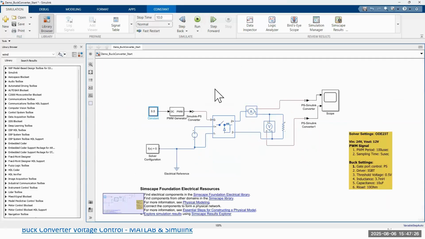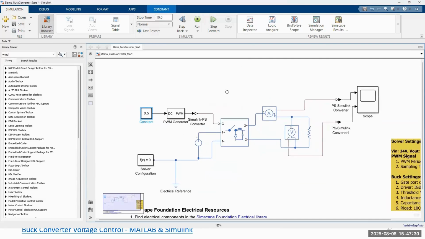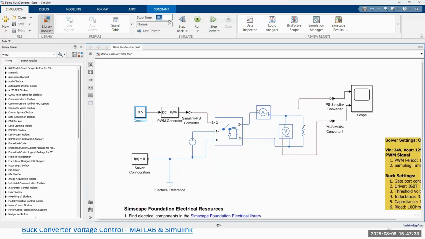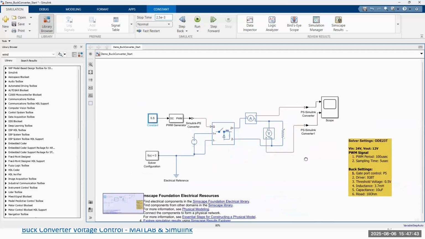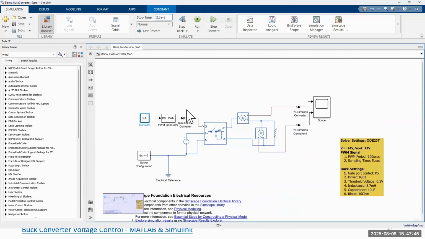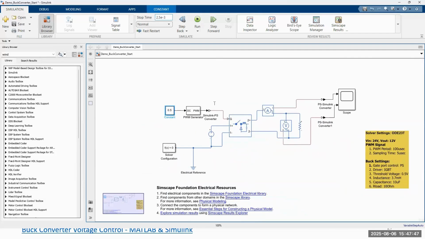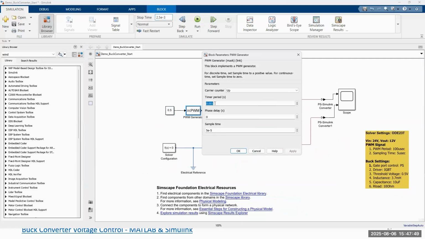So now we can simulate this system. Let's say we have 2.5 milliseconds of simulation. In this case, we have to change the parameters of the counter of the PWM settings. So I think we have a 100